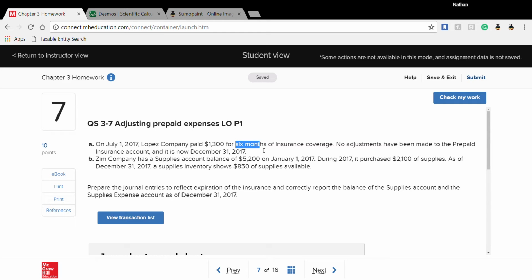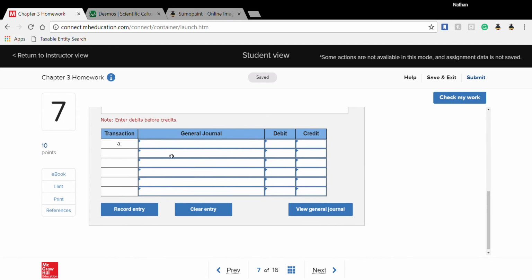So with the 6 months, it goes from July 1st. Now notice it's the start of July, so we get to count July because we use it for the whole month. So July, August, September, October, November, and December. That's 6 months right there to get to December 31st. So since it only lasted for 6 months, we actually used the whole insurance policy. So when we go down here,